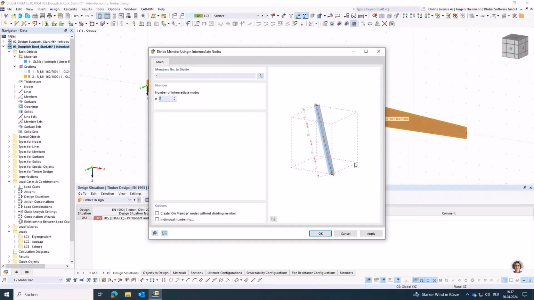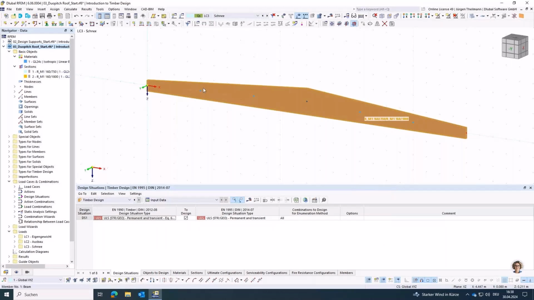So I want to divide this by 5 nodes, and I don't want a real member division. I only want to create nodes of the type on member, so I still have one member in my system. So I say OK in this dialog, and you can see 1, 2, 3, 4, 5 of these blue nodes